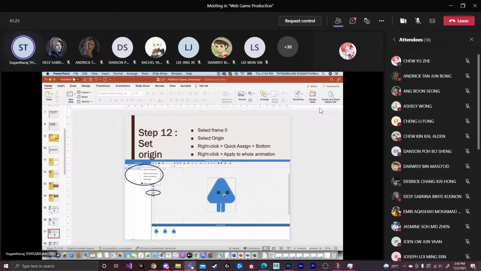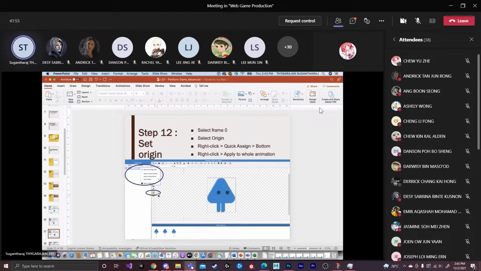So usually the position of the game object, that is 0, 0, when we insert any sprite image, will be the center of the sprite. In this case we just need to set it as center bottom. So you can click on this icon to change the origin.